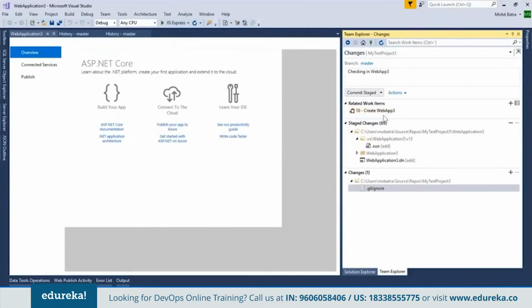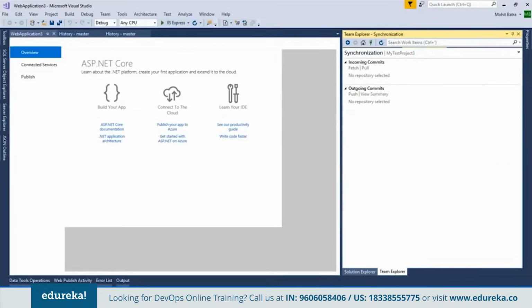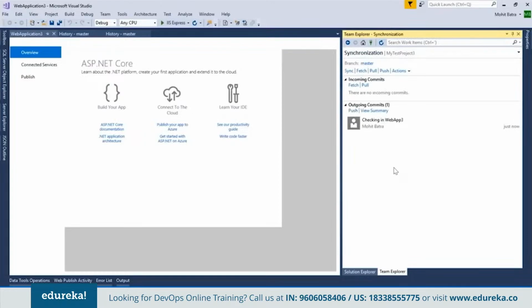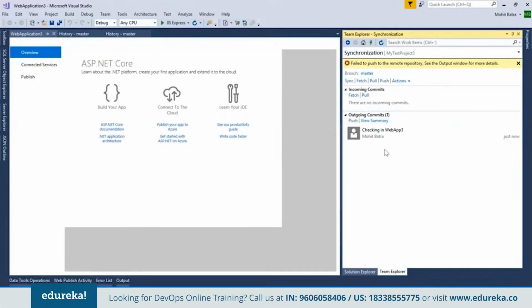And you can see basically the related work item. Now what we are doing here, we are creating a new application. When we are checking in the code, we are also specifying the related work item. All right, so let me commit all this stuff in the code, sync it back to the cloud, which means now I have checked in into my local environment. I just want to push these changes into the cloud environment. So again, this is specific to Git. You do not have to worry about this.